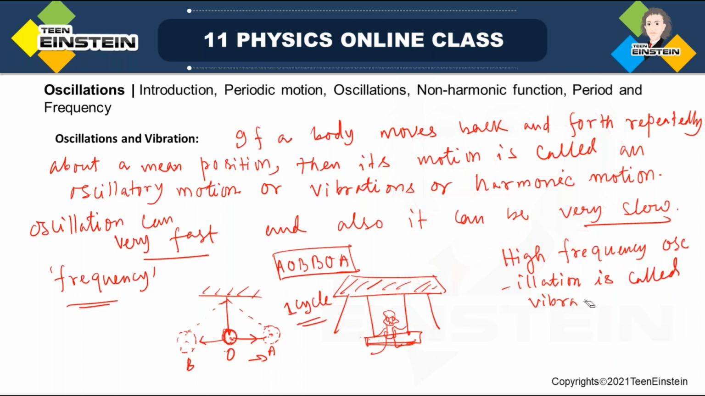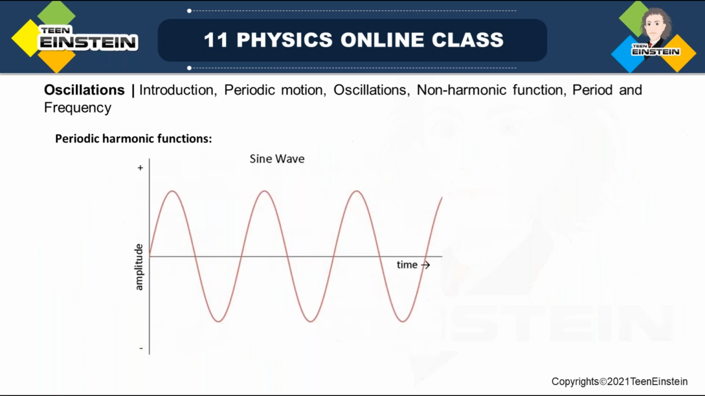High frequency oscillation is called vibration, and low frequency oscillation is called simply oscillation. Okay, so this is what you have to remember. So we have understood what is oscillation and what is vibration. Now we'll go to the next